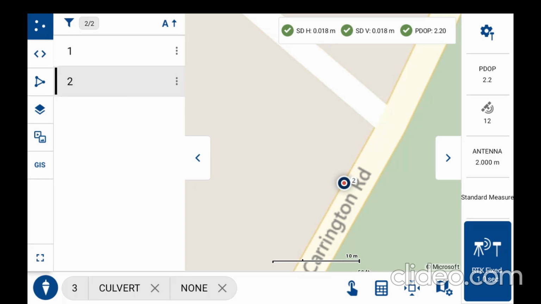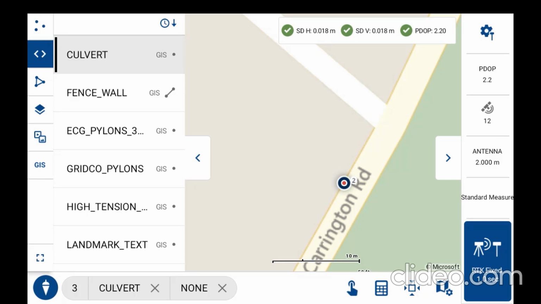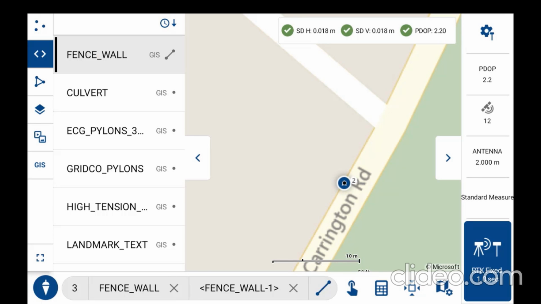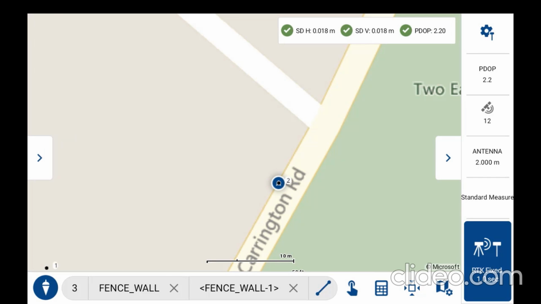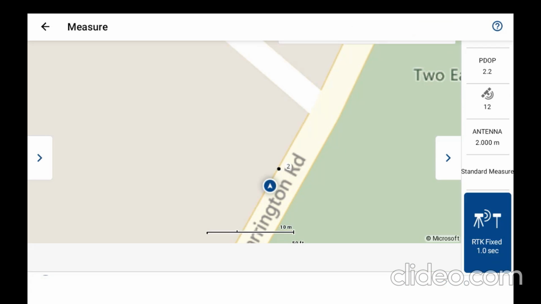If I flip back to my codes panel, I'll demonstrate how to collect a GIS feature line. I'll select the fence wall code here, and you'll see at the top of the toolbar it automatically sets the fence wall code and also the fence wall 1 figure. If I move over here, and then prompt the observation for the fence wall,